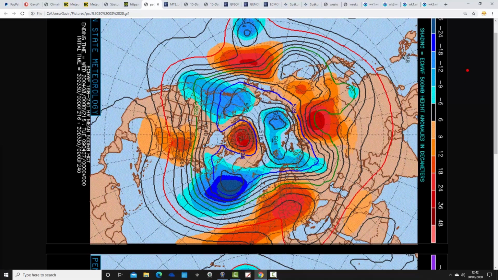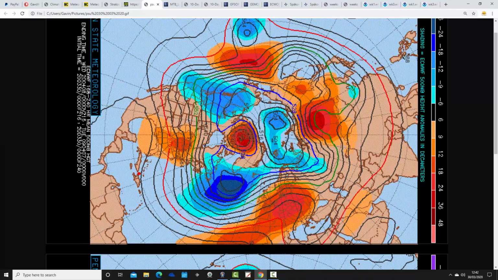And it could start as early as this coming weekend, actually. So these are the 500 millibar height anomaly flowcharts from Penn State University for the next week to 10 days. We've got the ECMWF here on the top, and the GFS, which we'll have a look at in a moment, is on the bottom. So 500 millibars is now in the absolute high pressure and low pressure are being moved